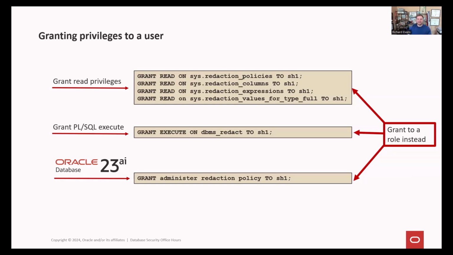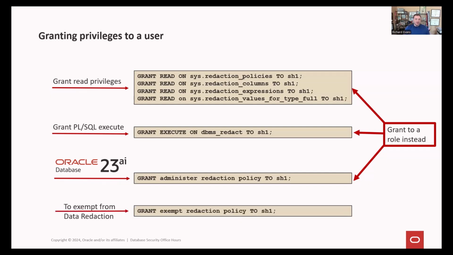In my example, I just granted it to an individual user for example purposes, but think about what you can do if you grant it to a role. Then you can grant that role to other users. You can have somebody in charge of granting that role to other administrators if they have the with admin option. If you're doing any kind of directory integration where you could map roles to groups in Active Directory, then you could manage it that way instead. So rather than thinking about granting it to the individual user, think about what you can do long term by granting these privileges to a role and then granting that role to the user instead.